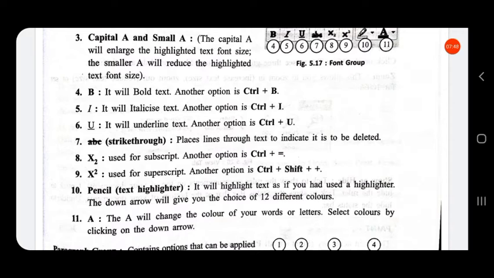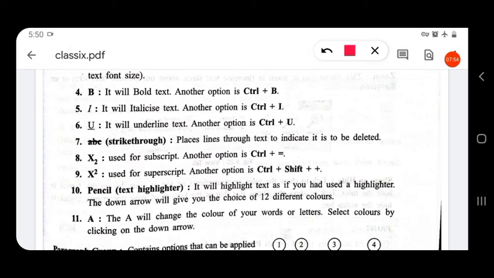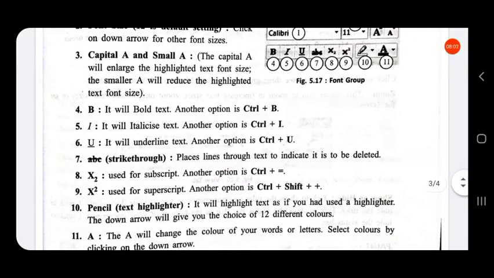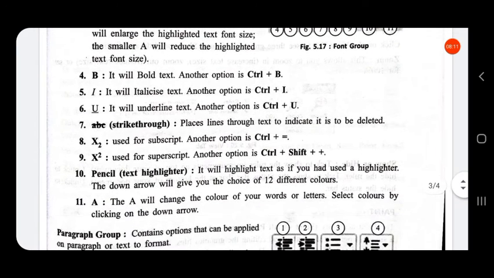Then to add subscript or superscript, eighth one, you can see number 8, to add subscript. Another option is Control plus equal to.